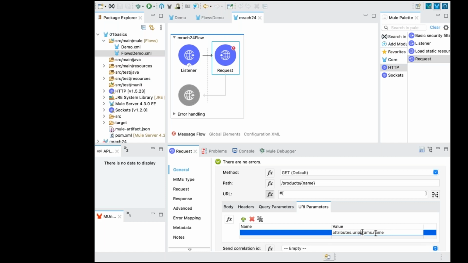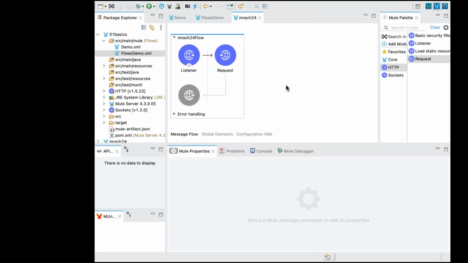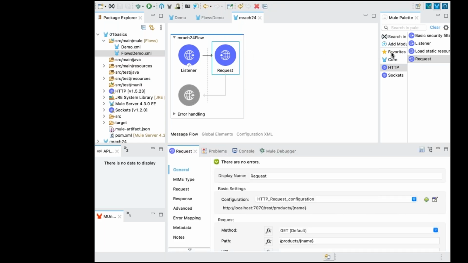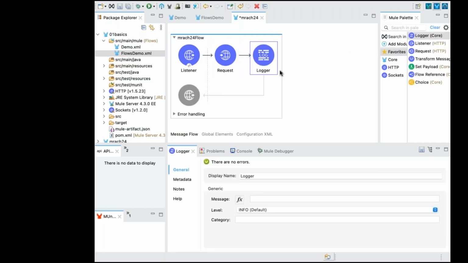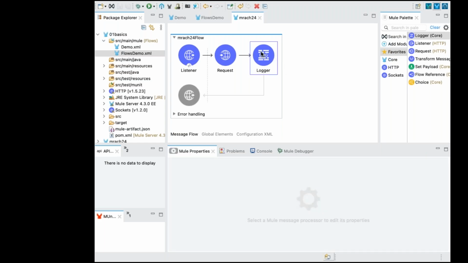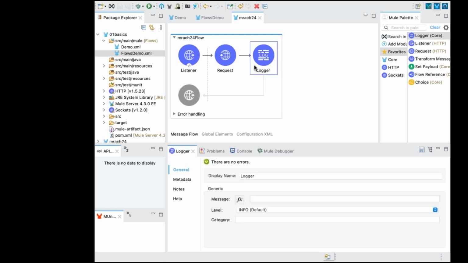Attributes dot uriParams. Yeah, that's it. Save it, Control S. Next, write a logger after that request, and deploy.